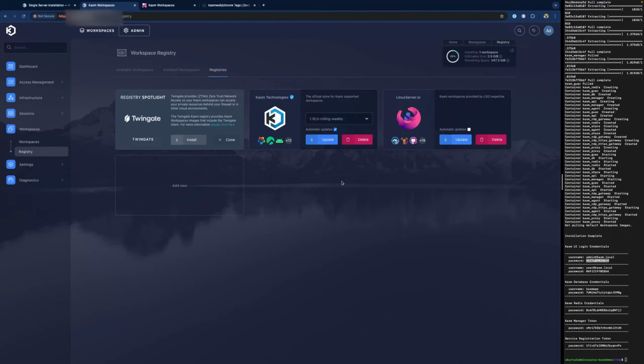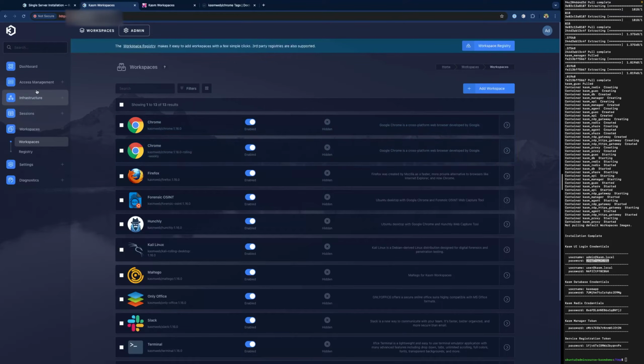Whether automatic updates are turned on or off, you also have the option of manually updating the registry by pushing the update button. If a registry has channels, such as the Kasm registry, new in 1.16, you will be presented with a drop-down menu to be able to select the default image that you want to use, which we did by switching to rolling weekly.